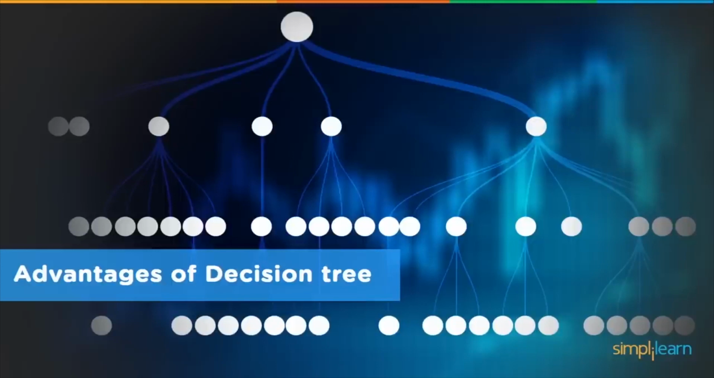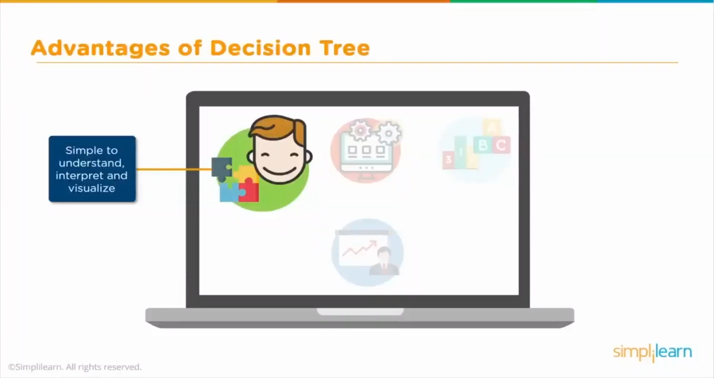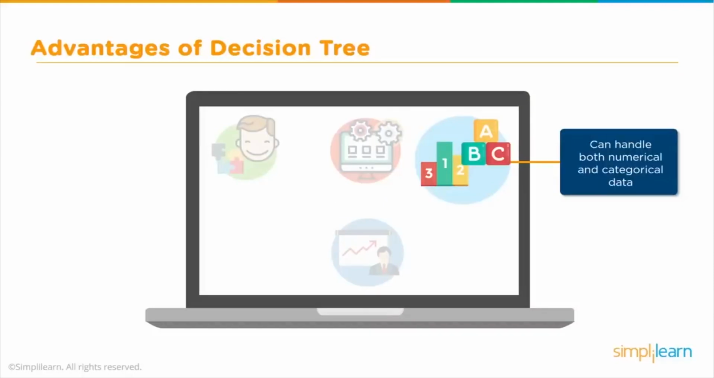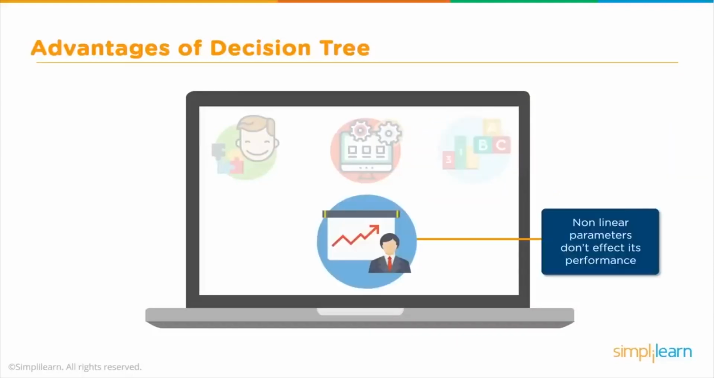Before we dig deeper into the mechanics of the decision tree, let's take a look at the advantages of using a decision tree, and we'll also take a glimpse at the disadvantages. The first thing you'll notice is that it's simple to understand, interpret, and visualize. It really shines here because you can see exactly what's going on in a decision tree. Little effort is required for data preparation, so you don't have to do special scaling. There's a lot of things you don't have to worry about when using a decision tree. It can handle both numerical and categorical data, as we discovered earlier, and nonlinear parameters don't affect its performance. So even if the data doesn't fit an easy curved graph, you can still use it to create an effective